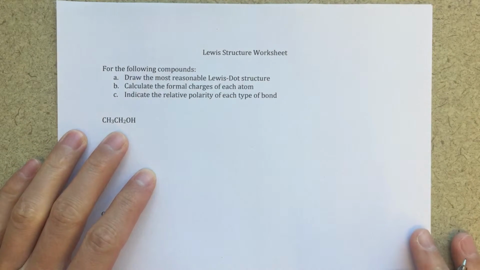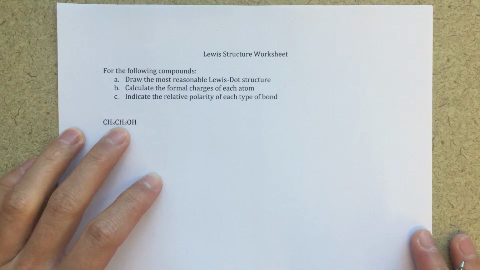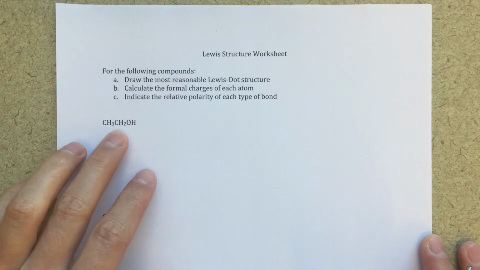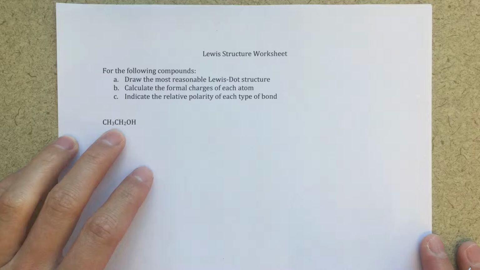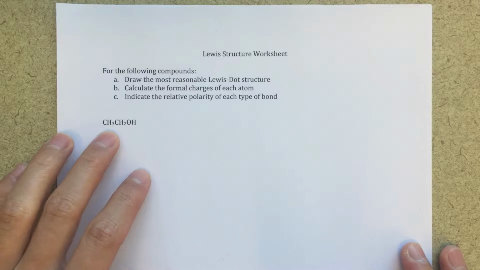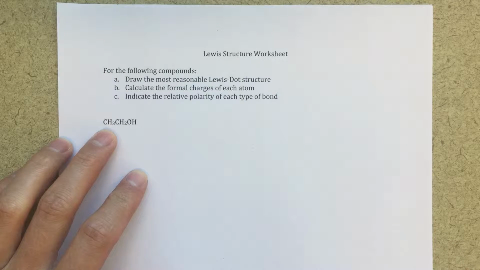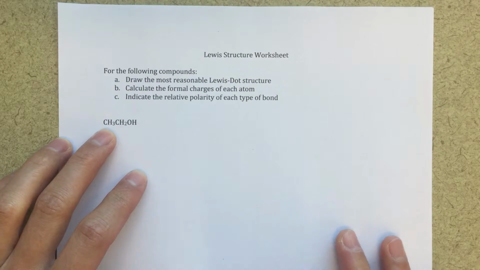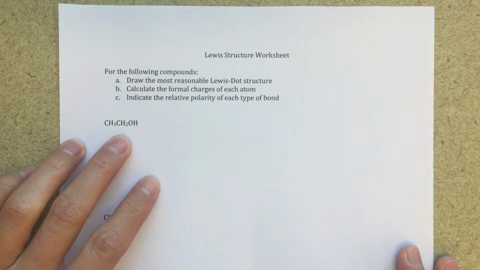The first Lewis structure that I'm asked to draw here is this CH3CH2OH. So this is ethanol. And you'll notice that it's written out in sort of maybe a different manner than we might typically see. All the carbons are not grouped together, all of the hydrogens are not grouped together. And the reason that it's written out like this is really to help us draw the Lewis structure. It's really to show us what the connectivity of the molecule is. So when you see something like this, it's really giving you hints as to how you should think about drawing